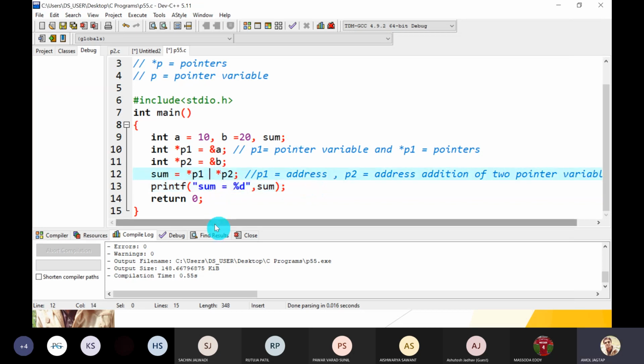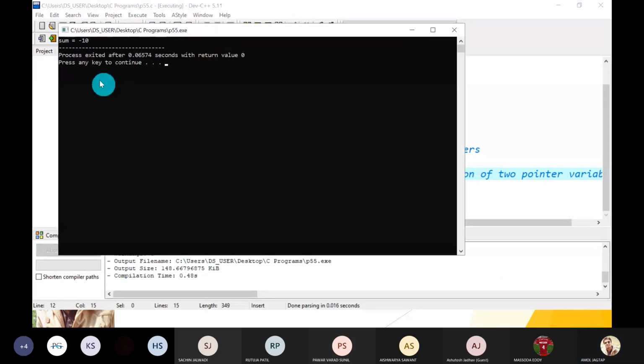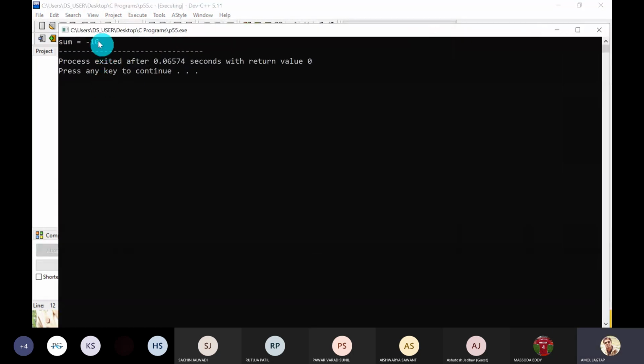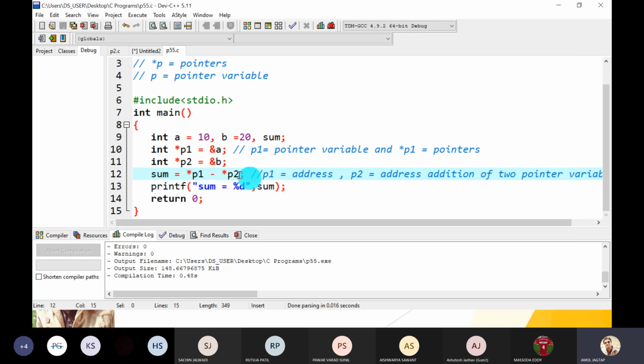Another one. Subtraction, is it possible? Yes. What is the output of this program then? 10 minus 20, what is the output? Minus 10. Yes, is it correct? 10 minus 20 is minus 10.